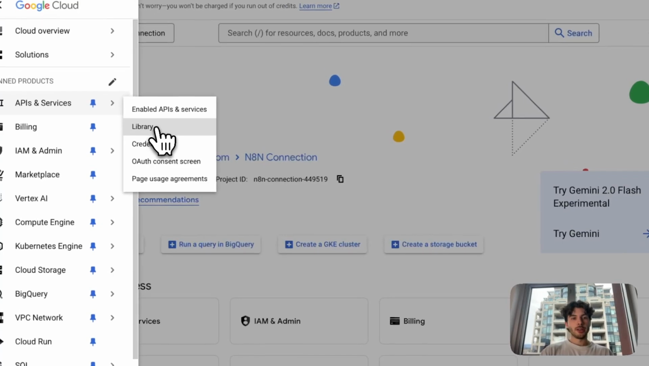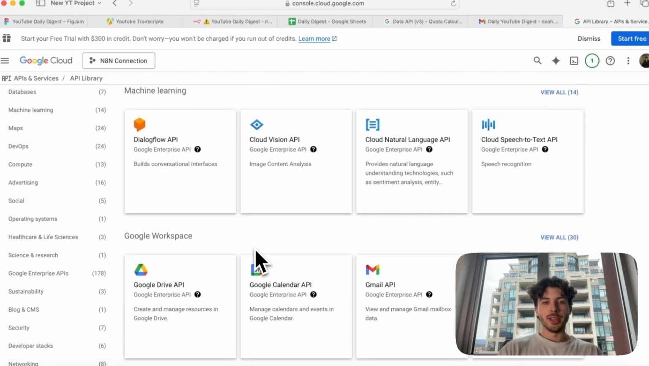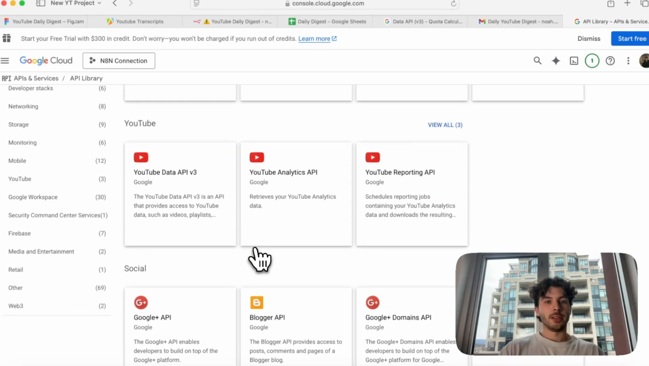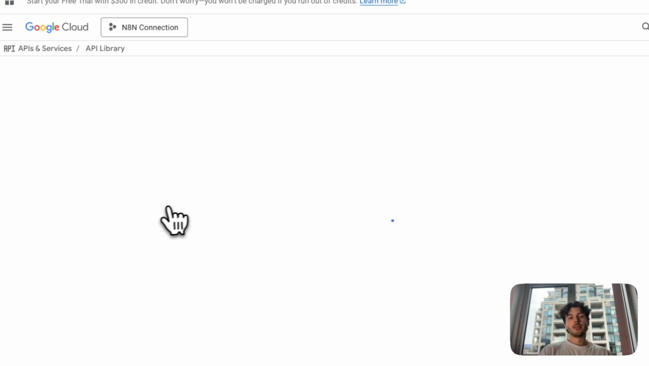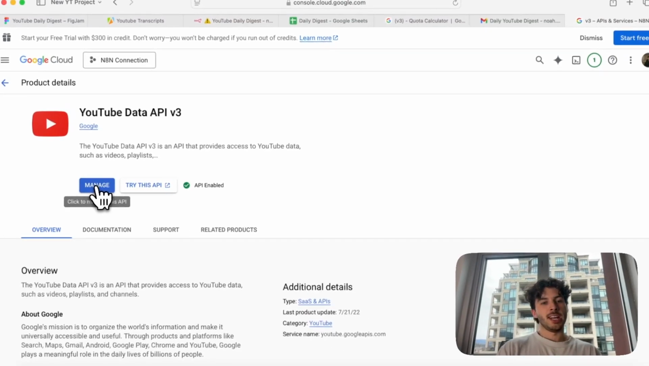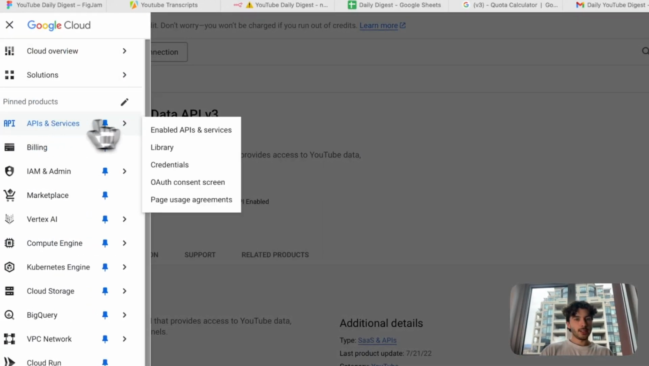So we'll start in library. And library is where you can see all the apps that Google owns. For us specifically, we just want the YouTube Data API. And then yours will say enable. Click enable, and that's all you do. And then after that,